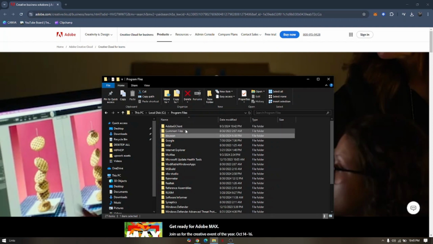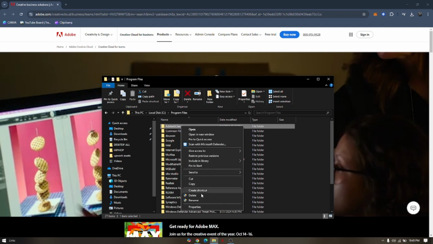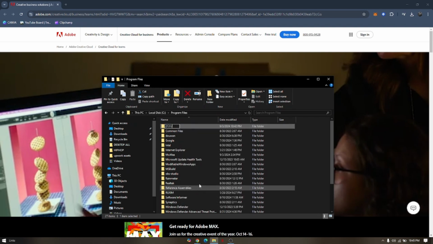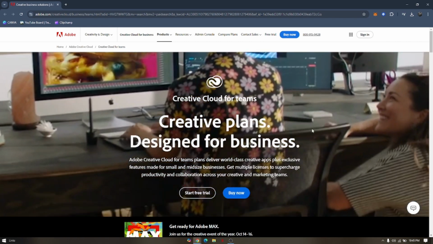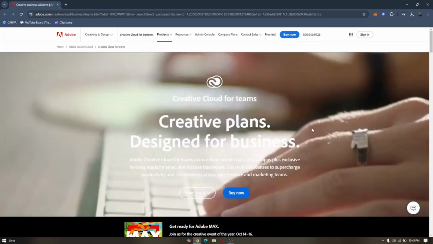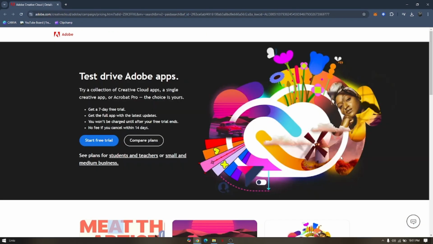Now, there are two options that you can do. You can either rename the folder or delete it. Once everything is done, you'll just have to restart your PC, and then that should disable your Adobe Genuine Software Integrity Service. Now, one thing I can recommend is to only rename the folder